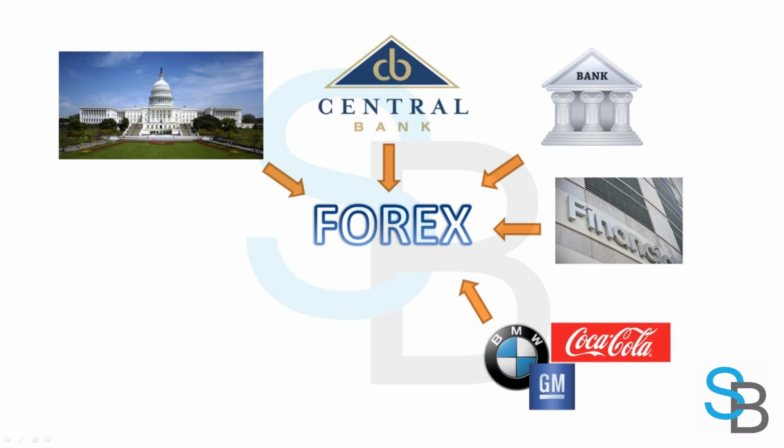Another good example is when BMW might order the parts from Japan and get them, but they only have to pay for them in 1 year. So in that situation, they have two options. They can either create the product, sell it, and then 1 year later pay for the parts, but then they will have to convert euros into yen 1 year later, and the price of yen might have gone up by then, and that will mean that BMW will lose on this foreign exchange transaction, and this loss will eat into its profits from the normal operations.